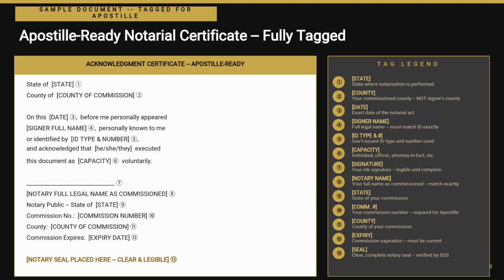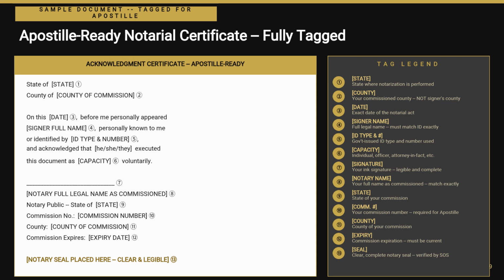Field 7 is your ink signature. Field 8 is your full legal name as commissioned, and this must match your commission record exactly. This is what the Secretary of State verifies. Field 9 confirms the state of your commission. Field 10, your commission number, is specifically required by many Secretary of State offices processing apostilles,